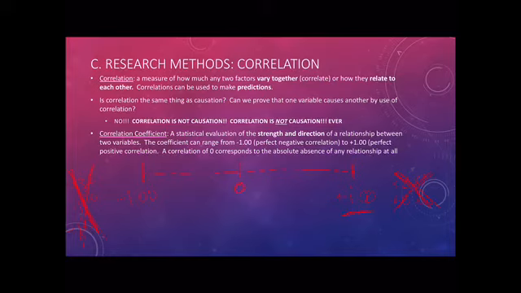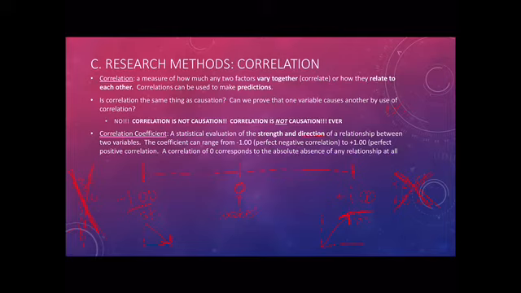And then right in the middle, we have a 0 correlation. So here's the thing that you need to understand: the weakest correlation that you have is at 0, whereas +1 and -1 are the strongest correlations you can possibly get. So positivity and negativity has no effect on the strength of the relationship. A -1 correlation is a perfect downward relationship, whereas a +1 correlation is a perfect upward relationship.